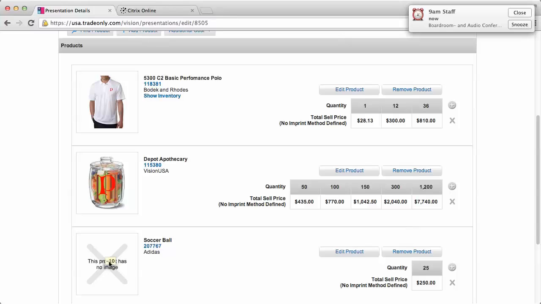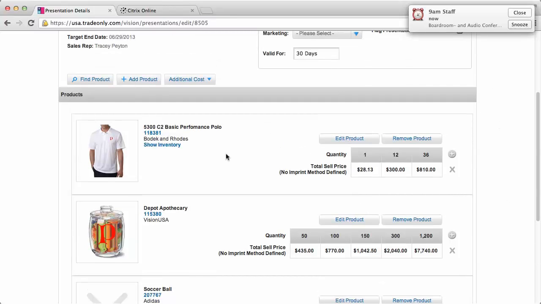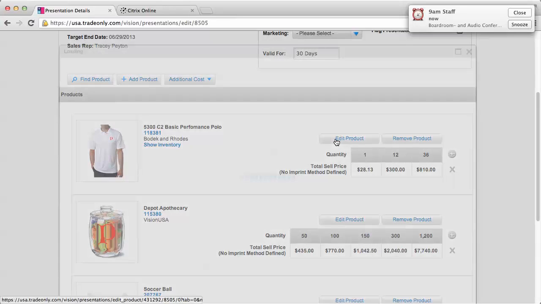And not only has this soccer ball been added to the presentation, it's also been added to the database of products for you to use again in another presentation or quote. So we're going to deal basically with these first two products and make some edits to them so we can present different quantities and sizes and so forth. So the first thing I want to do is I want to adjust or edit this polo. So if I come in here and I edit this product,